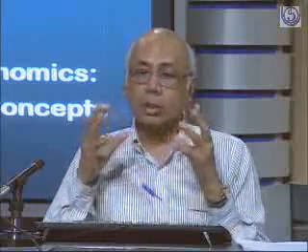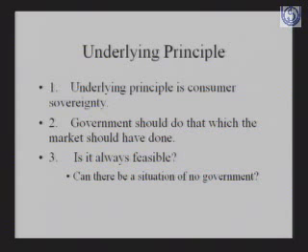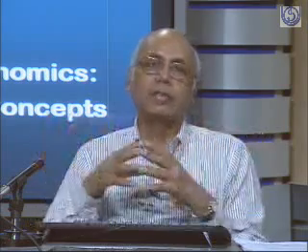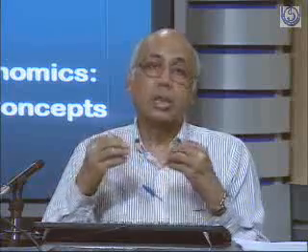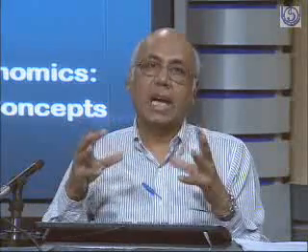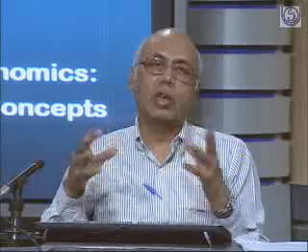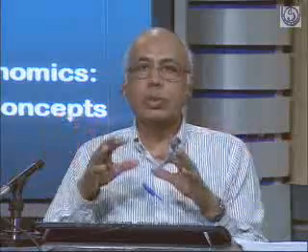So government should do what? Government should respect, after all, what the market outcomes should be. So government should do that which the market should have done. For some reason the market is not able to do it, and as you know, in the field of general equilibrium there are certain rules that have to be fulfilled, and when those rules are fulfilled, then the economy is at its optimum. If those rules are not fulfilled, then the economy is not at the optimum, and we'll come back to this concept a little later.